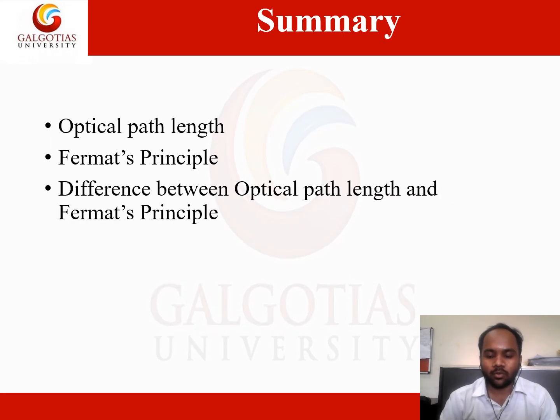we have understood what is optical path length, the distance from point A to point C. The distance which is traveled from point A to point B to point C is called optical path length. And we have also understood what is Fermat's principle, the minimum distance which is taken from point A to point C, and the time is going to be minimal. So these are the differences between Fermat's principle and optical path length as per this presentation. This is the content which we have understood in today's class in understanding light propagation through different methodologies.